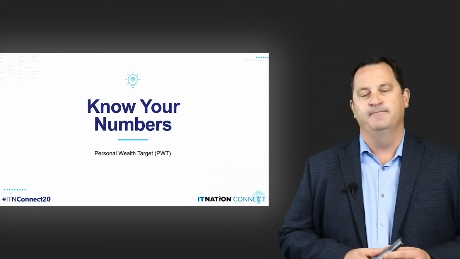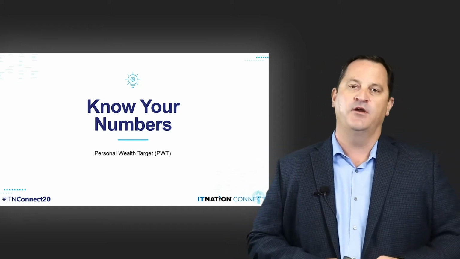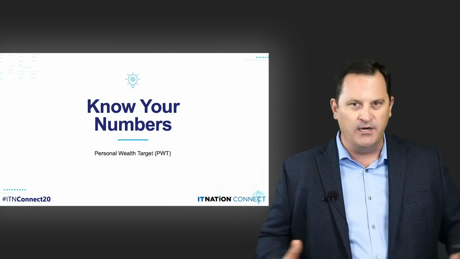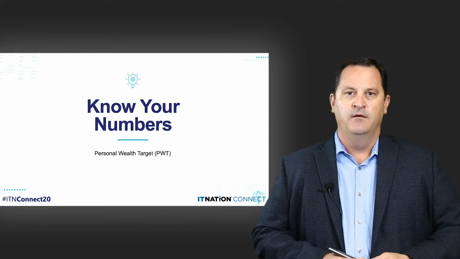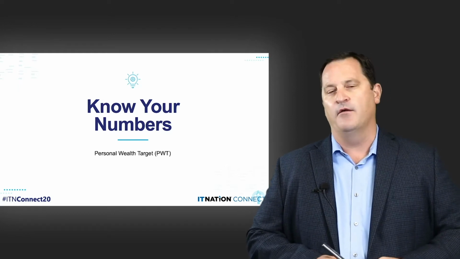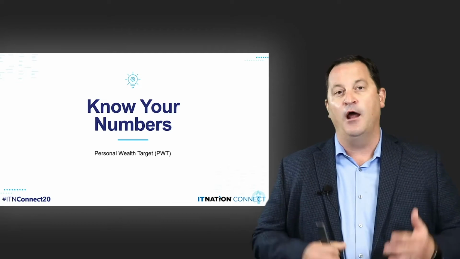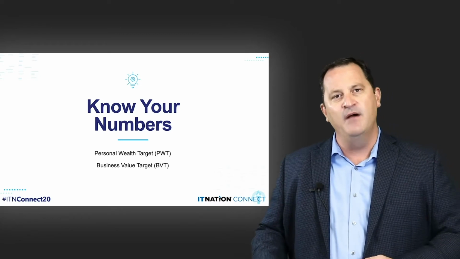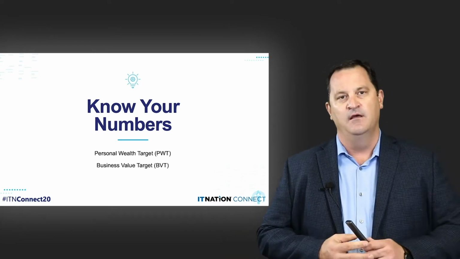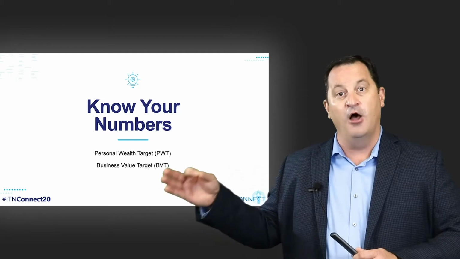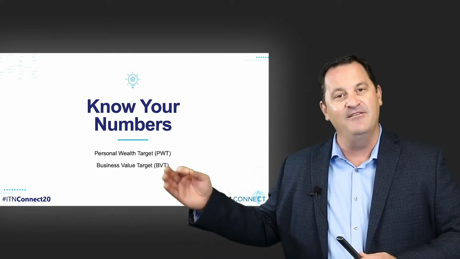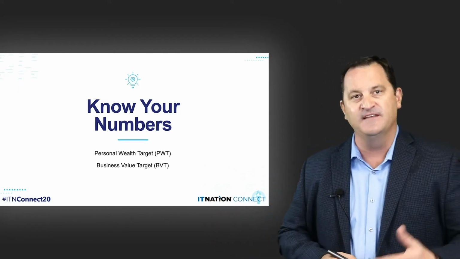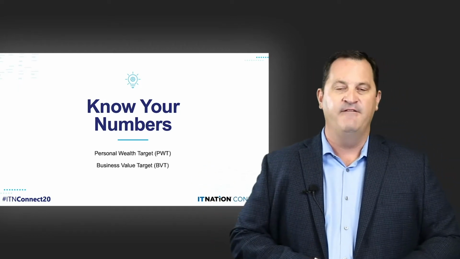Go back to that dream. If you're operating on a one-time recurring revenue or annual recurring revenue valuation, if that's what we're going to work backward from, what do you need your business to be worth? You see, for most of us, our personal wealth target, where we want to be when it's time to retire, is very much tied into the value of our business. Our personal wealth target is almost the same as our business value target. That's your PWT, or personal wealth target, and is the same oftentimes as or close to your business value target.